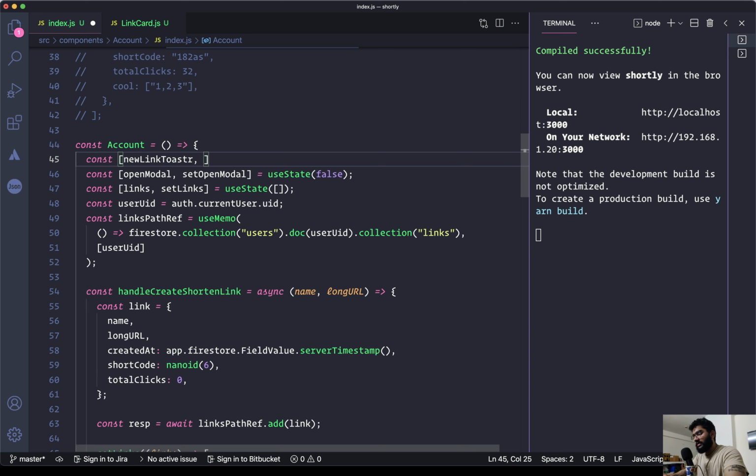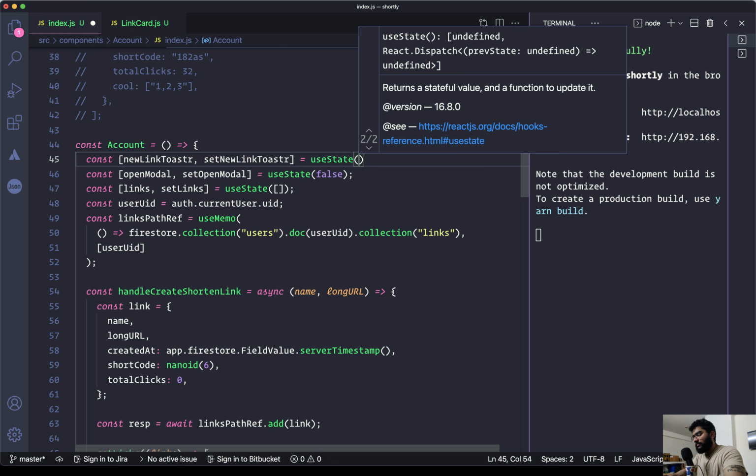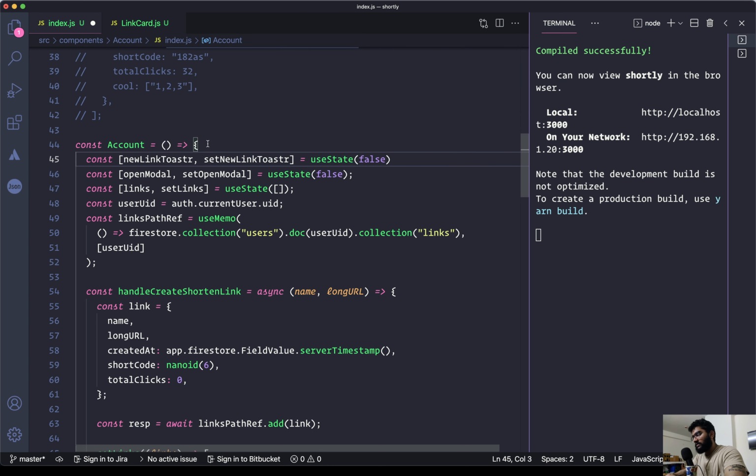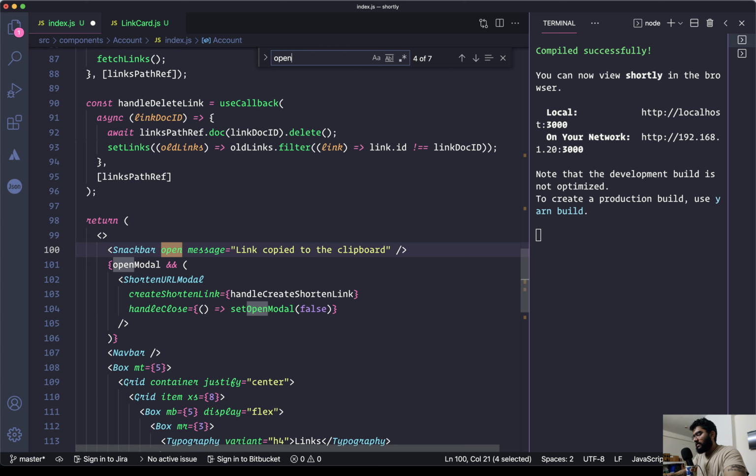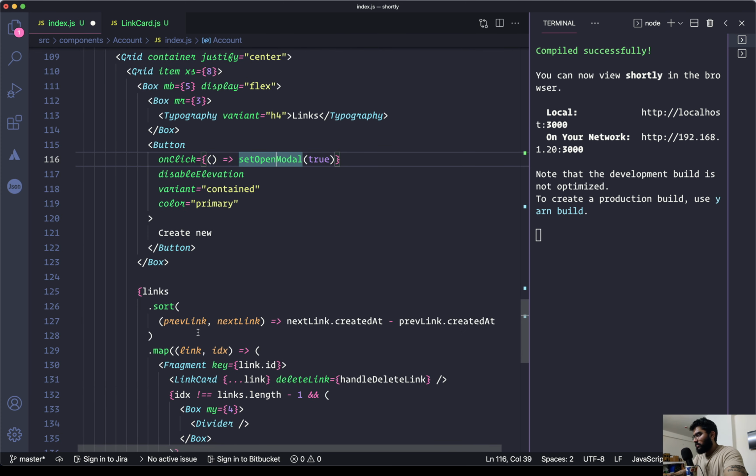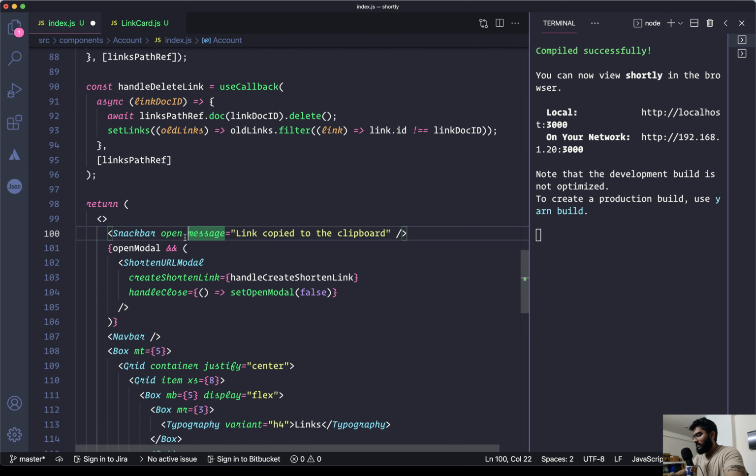These are normally referred to as toasters, and the function is set new link toaster. For the value, we can use a boolean value, and by default it will be false because we don't want it to be visible right away. So we need to bind this with the open prop that we are passing over here. Let's do that, equals to the state value, and then we also need to pass in 2 additional